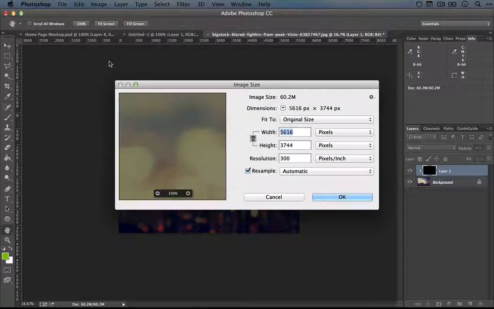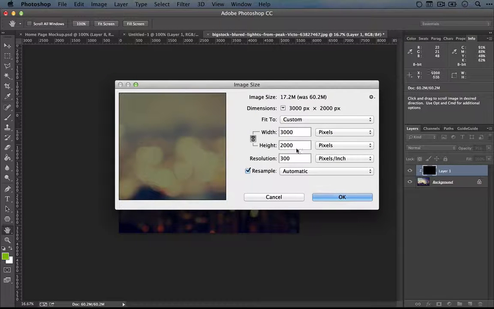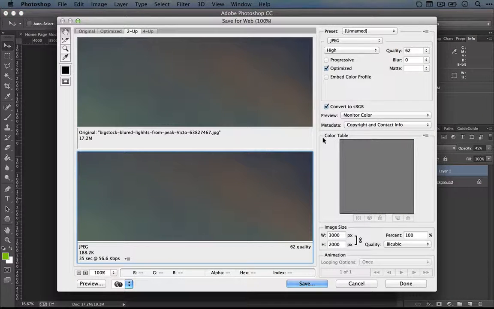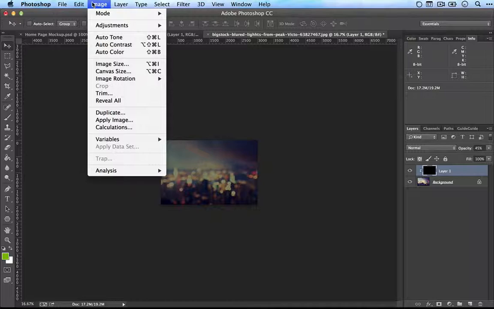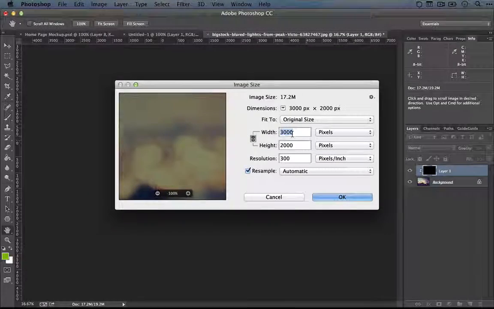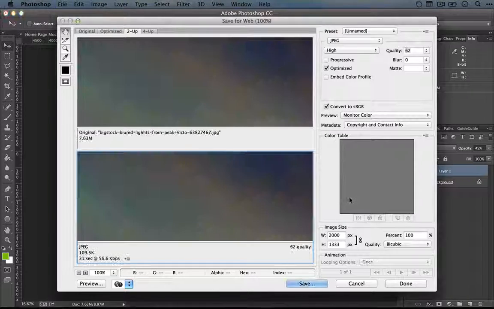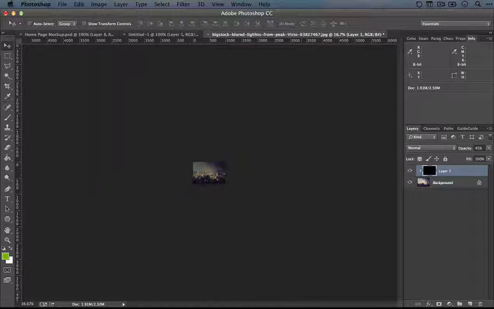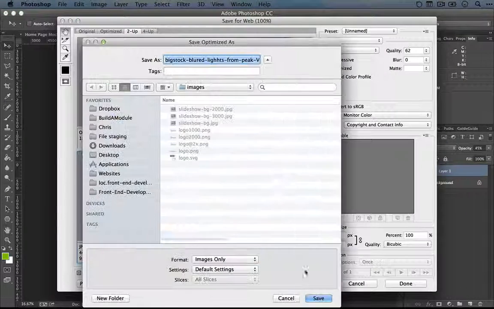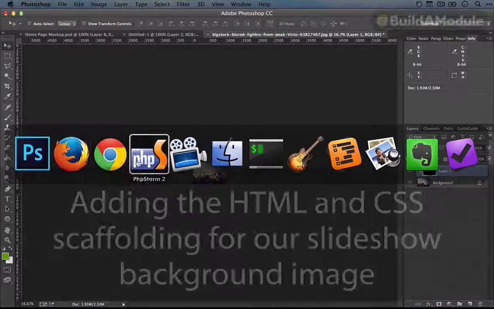Now let's change the image size, and we'll drop it down to 3000 pixels. Let's save this. We'll leave the quality as is, and we'll save this as slideshow BG 3000. I like the sound of that. Let's make a couple other versions here. Let's do 2000, save this. And we'll also do 1000, and we'll save this. Okay, now I'm gonna go back to the browser,